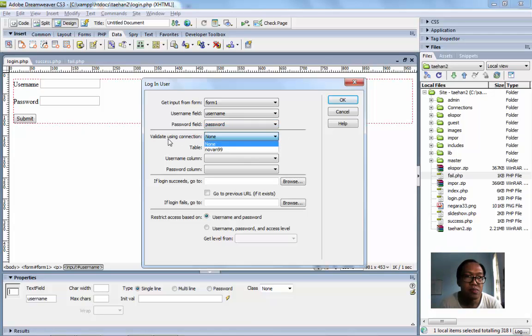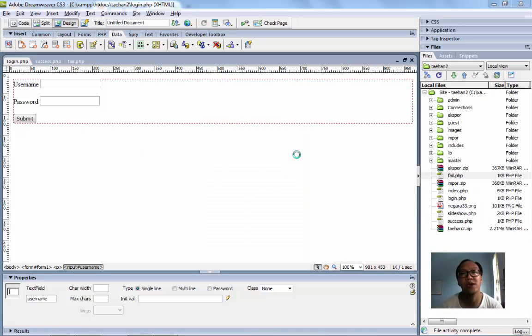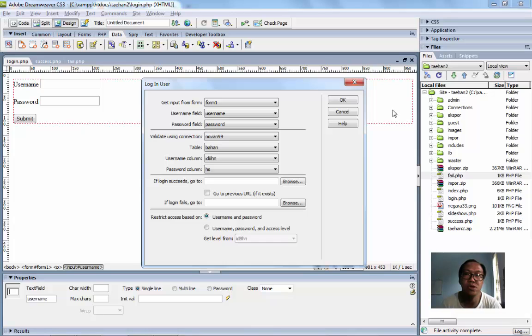And then for the connection, if you use Dreamweaver for your PHP and MySQL database, you first have to create the connection.